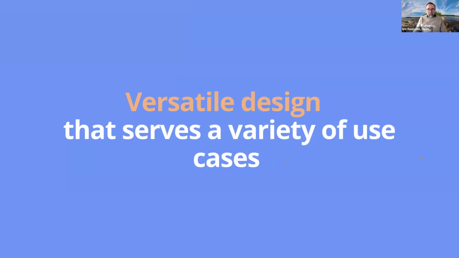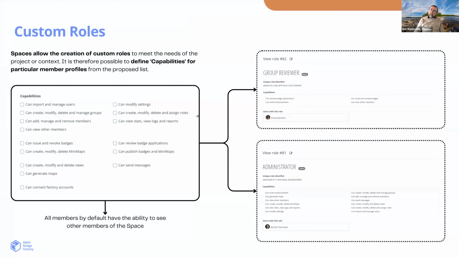Okay, so what is interesting here is that we have a very flexible structure in the spaces, which makes it possible to support really different kinds of use cases. What is important now is that we have developed something that was not in the first version of the spaces. The first version of the space was quite plain: it was only a place where the community can receive badges, and that's all.